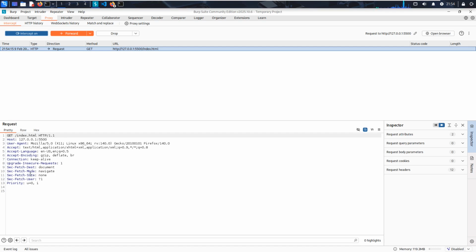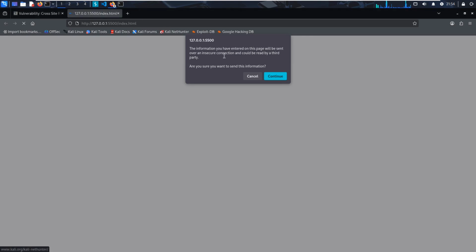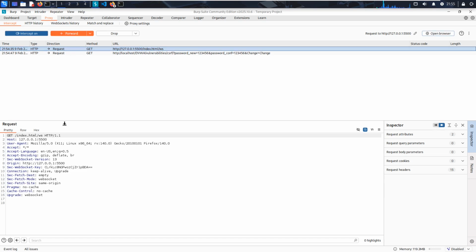At this moment, we didn't see any referrer field in the request because this request is a new, fresh one. If we forward and we get this WS, it means we need to continue. This is a security feature of newer versions of browsers. Continue, and then we can see this button. Because we use Burp Suite to intercept the request, it will not be submitted automatically. So now if we go back to the browser,